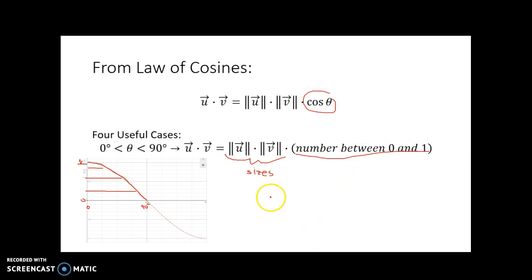Okay, so the key here, though, is that if theta is between 0 and 90, well, lengths, sizes are always positive. These two quantities are never going to be negative because the way we compute them is the square root of the sum of the squared components of u and of v. Now, if this is a number between 0 and 1, that means this is going to be positive, which in turn means that the dot product will be bigger than 0. And so anytime you compute the dot product and you find out that the dot product is bigger than 0, you know that the angle between the vectors is somewhere between 0 and 90 degrees. Okay, case 3. Case 3 is